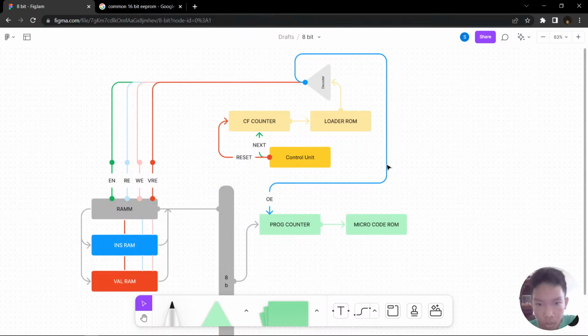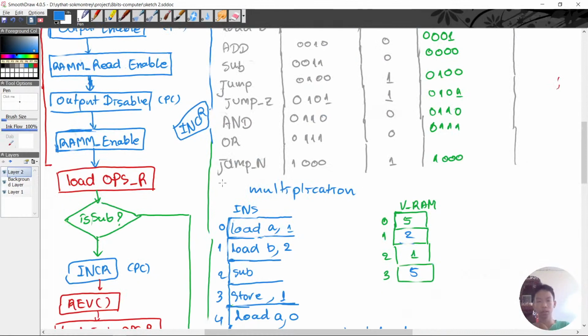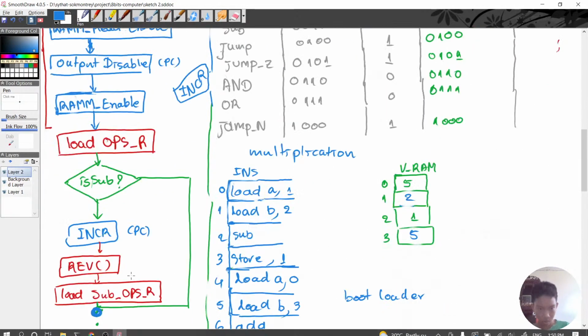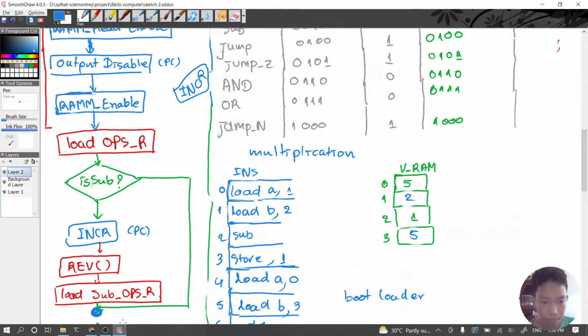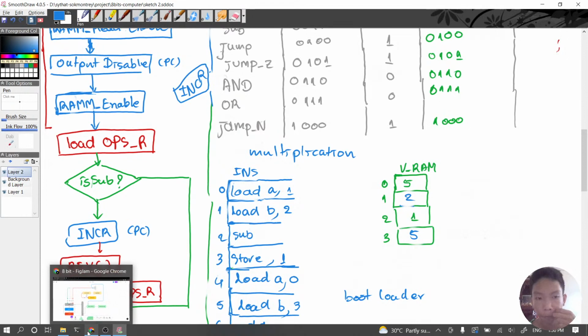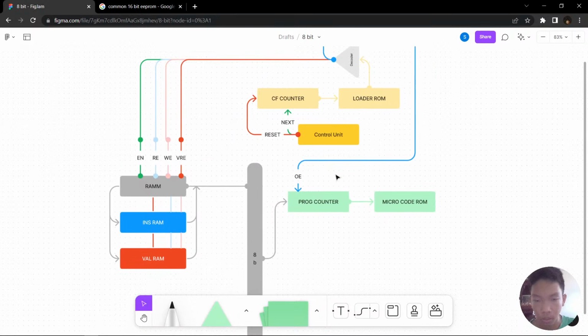What is our control unit again? Control. Oh, the control unit is clock cycle or something. Yeah. We enable the RAM. So let's try some simple. So when we start,